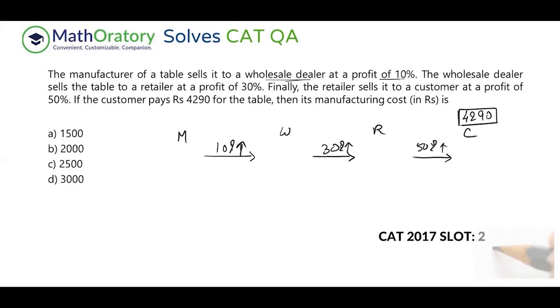Then the manufacturing cost. So this is what we're looking for. So typically in these kinds of chains, that is the one you will be looking for, the farthest values. If that is not required, then some of the information won't be required. So typically you would be given one of the farthest values and the other farthest value is what you'd be looking for.